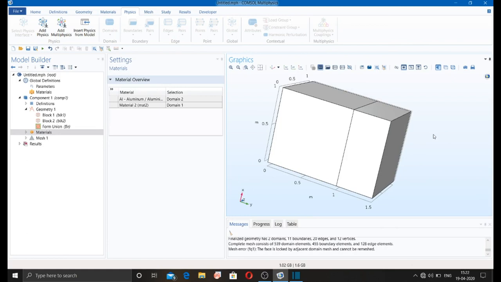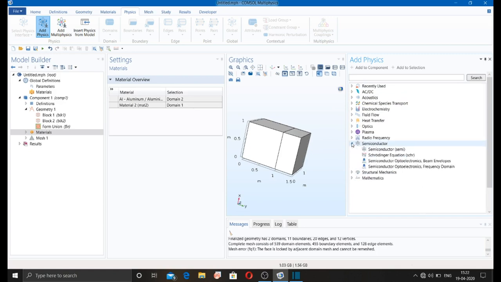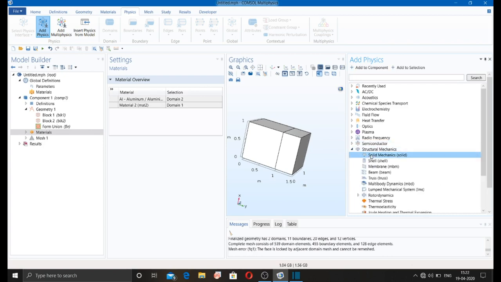After adding material to the particular domain or geometry, I will use add physics. Okay, so from here you can use any kind of physics. It might be structural mechanics, semiconductor, anything else. So I'm just using solid mechanics here.